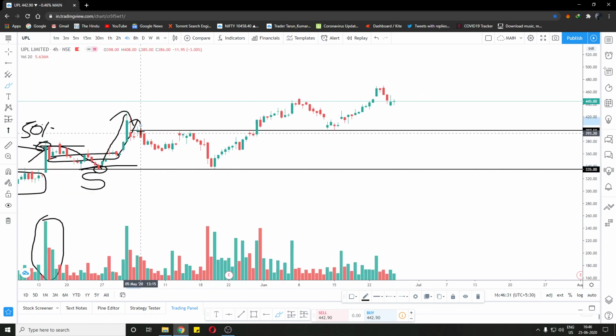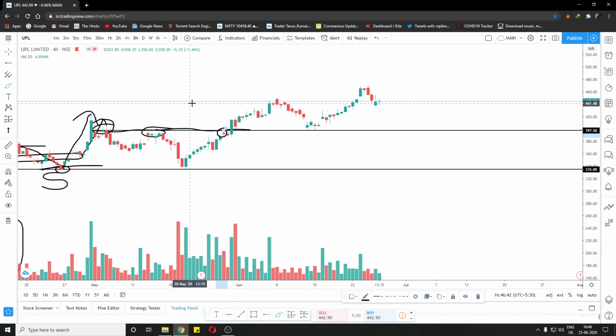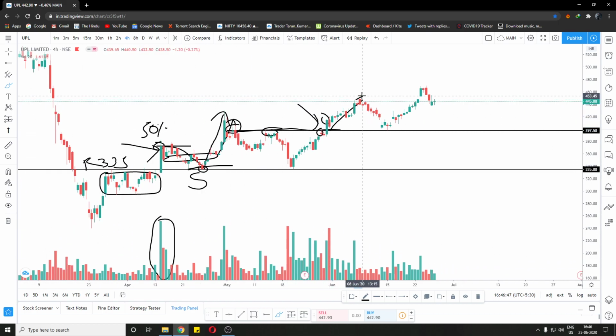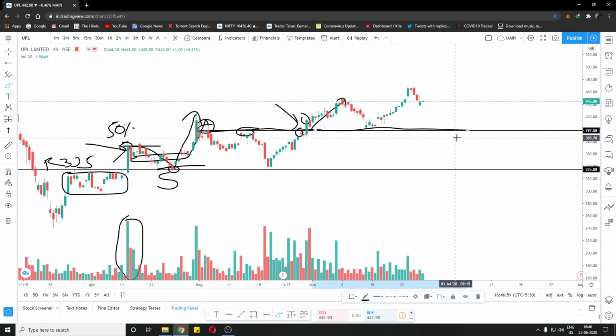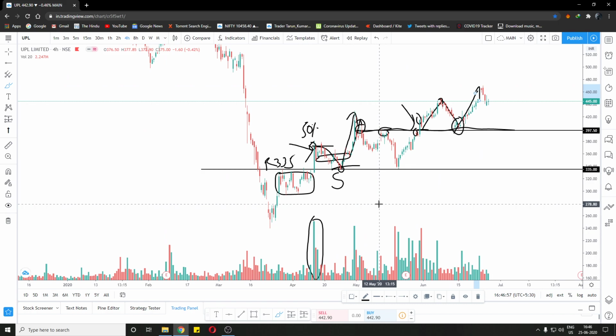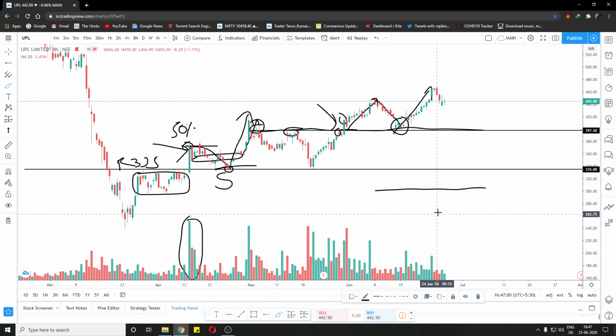Now another range, you can see this level, which is the 397.50. Here we had resistance, here we had resistance and other resistance, and then finally a breakout. So we buy and take the profit at higher levels, and if you missed the level, then the market was good enough to come back for a retest, give good buying signs, and then we went up again. So we wait for a resistance to form and then we wait for a breakout.